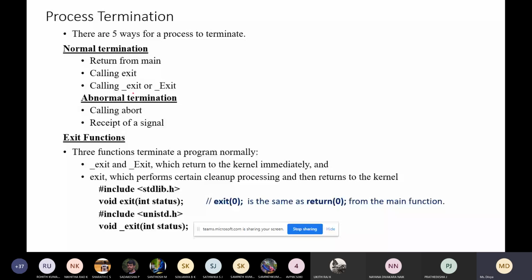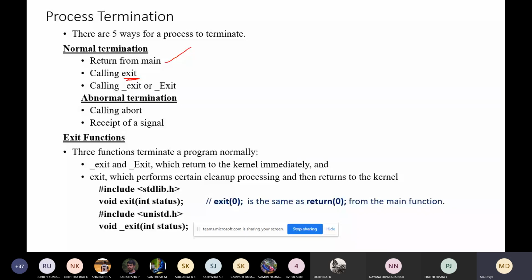First, whenever you come across a return statement, return of 0, in main, the process will be terminated. Or else we can call a function, that is exit. In the C program we also have the exit function.